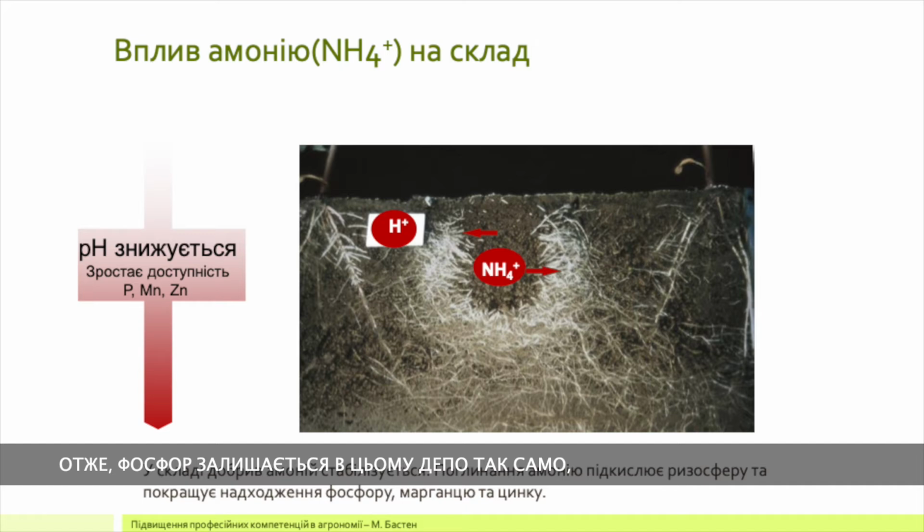So the phosphorus stays in this depot very much as it has been applied, quite often in a water-soluble or in a mixed form of water-soluble and non-water-soluble form. And the water-soluble form is, of course, very important for the diffusion, because you create a very high concentration here, and a low concentration close to the roots. That means there's a high gradient, and a lot of phosphorus can be taken up from this depot.